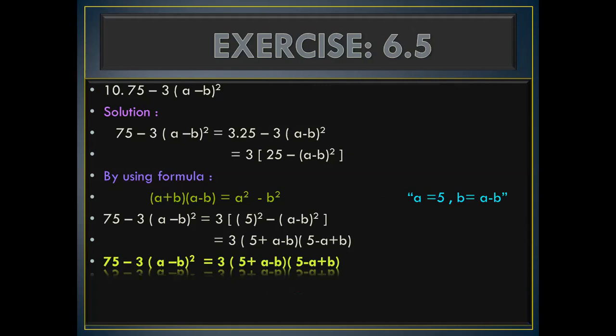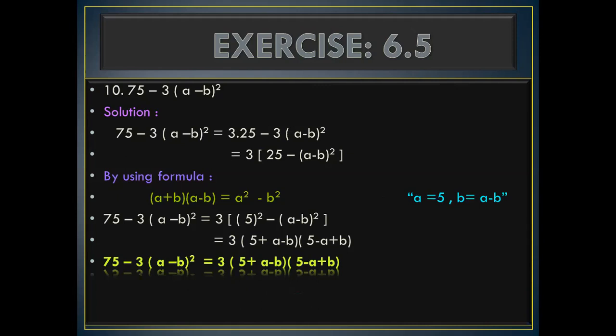You see there is a change of sign in the first and the second term. In the first bracket, b is minus, and in the second bracket, b is plus. Because in the first bracket, we apply a plus b. Before a, there is a positive sign, so no need to change the sign of b: 5 plus a minus b. But in the second term, before a, there is a negative sign, so this negative sign changes the sign of b, and negative converts into positive: 5 minus a plus b.